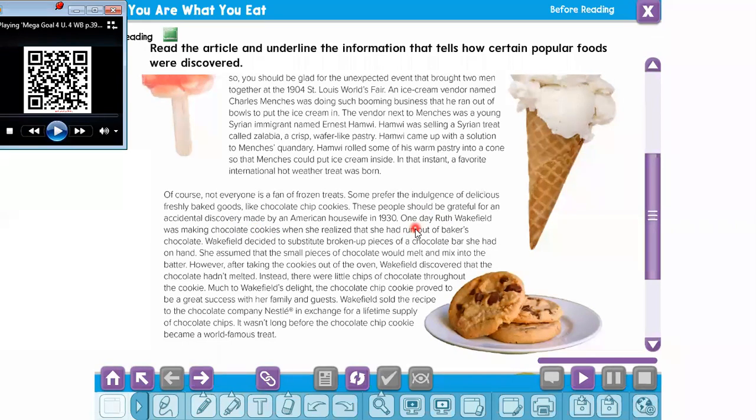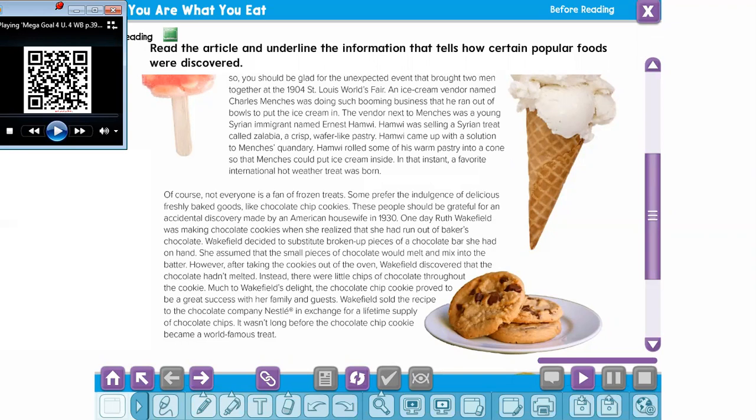One day, Ruth Wakefield was making chocolate cookies when she realized that she had run out of baker's chocolate. Wakefield decided to substitute broken up pieces of a chocolate bar she had on hand. She assumed that the small pieces of chocolate would melt and mix into the butter. However, after taking the cookies out of the oven, Wakefield discovered that the chocolate hadn't melted. Instead, there were little chips of chocolate